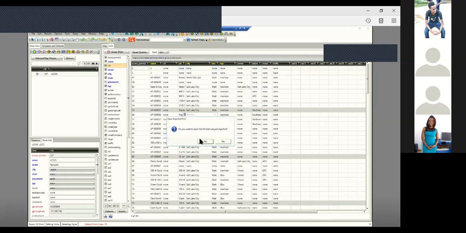So once I save this, now it is saved on the computer. So when I open,